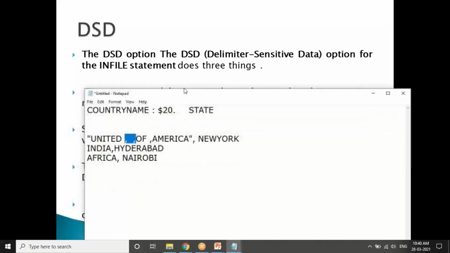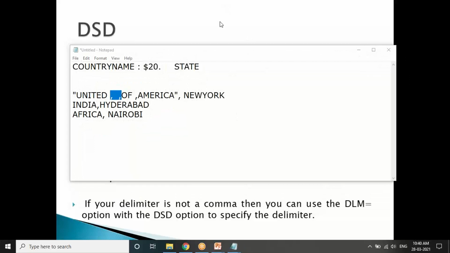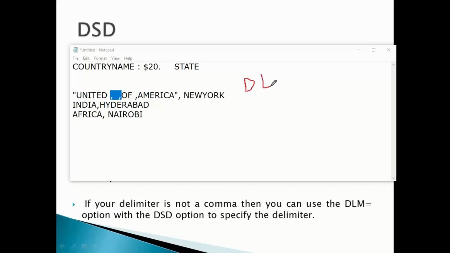The fourth one is, if your delimiter is a comma, normally we have to specify DLM equals comma. But when you use DSD, it will automatically identify the comma as the default delimiter. So when your data is comma separated values, just using DSD is sufficient. It is not required to specify DLM again.